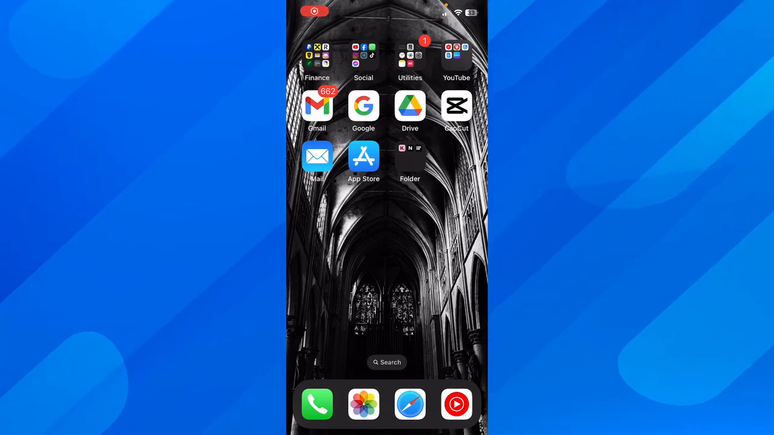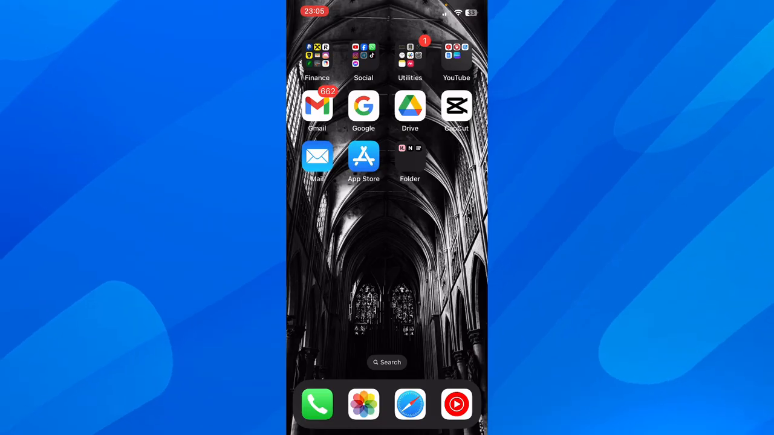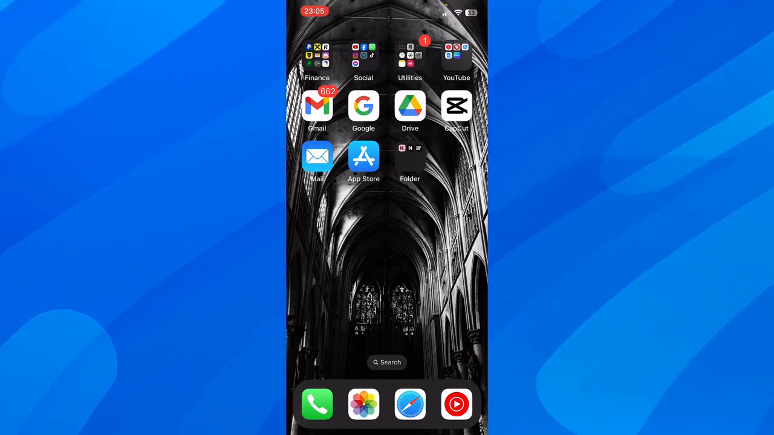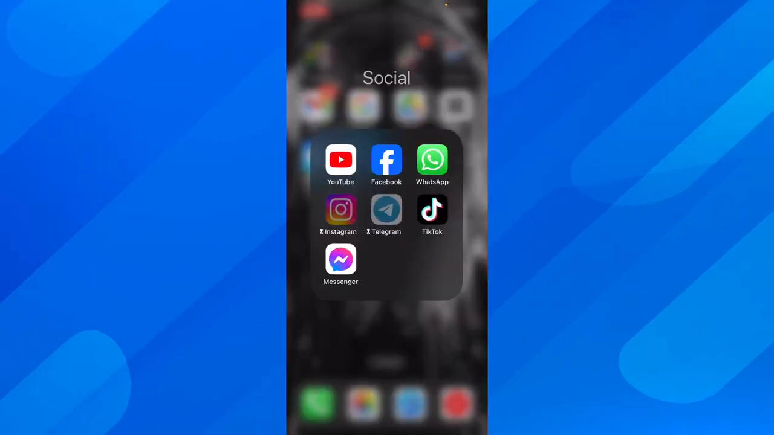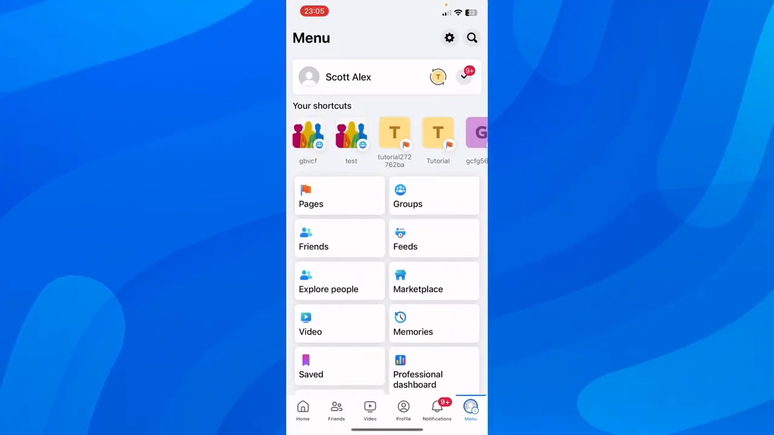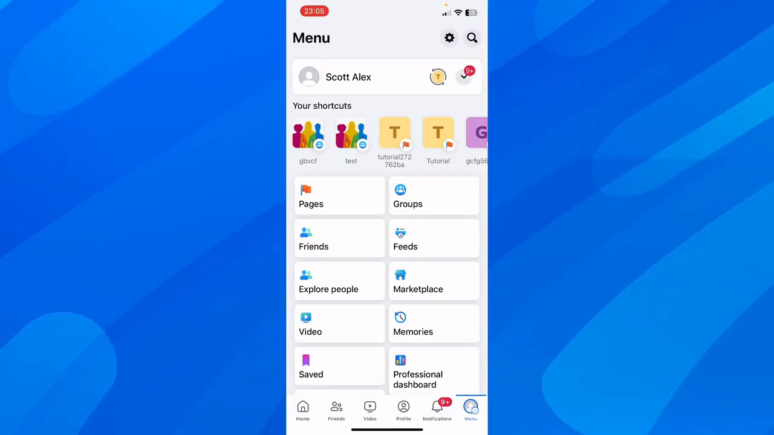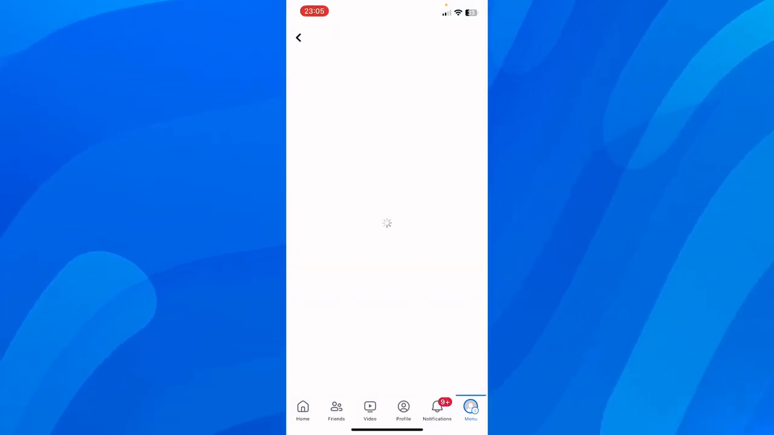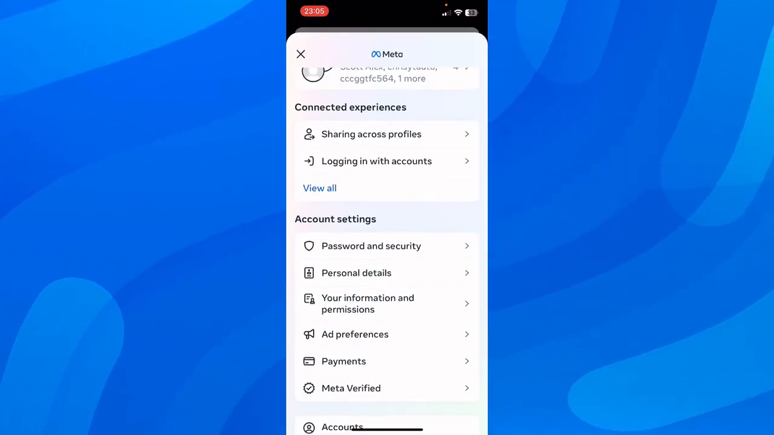Everyone, in today's video I'm gonna show you what your Facebook email is. So if you want to find out what your email is, you're gonna have to simply open Facebook, and after that go to menu, and then simply tap on the settings button in the top right corner, and then simply go to account center, and then here simply scroll down, and